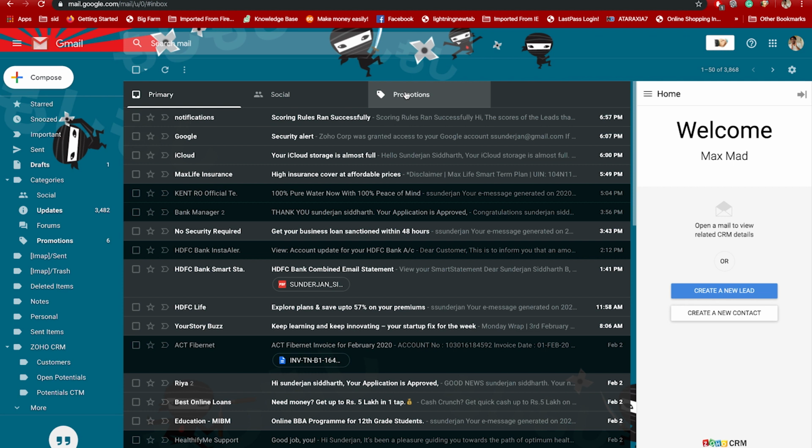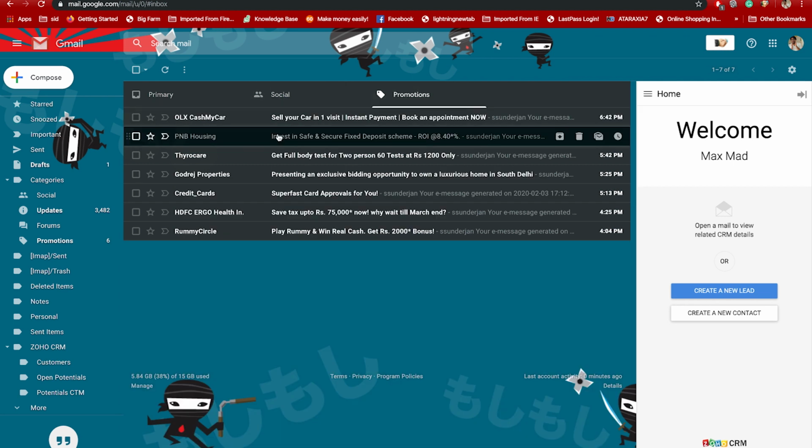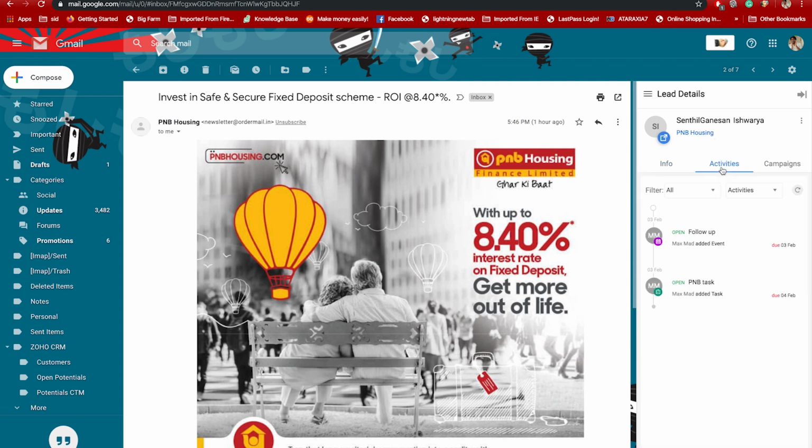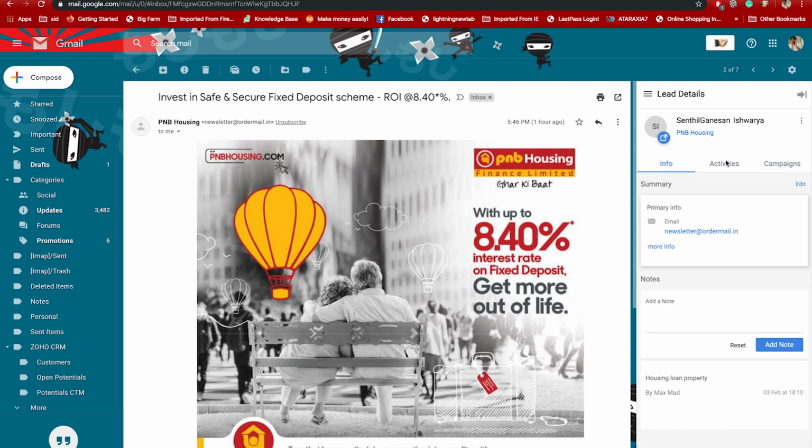Let's create a lead. So now when you click on this email, you get the option to create a new lead with this email address. Here you can also see all the activities, related campaigns, and all the other CRM related info with respect to this email.